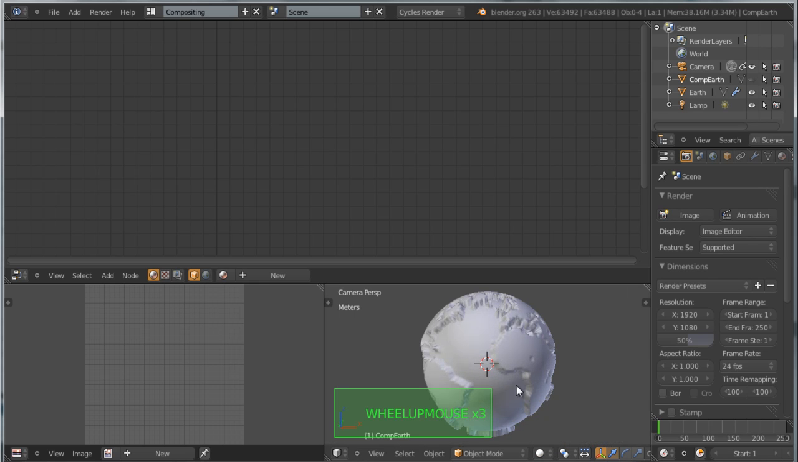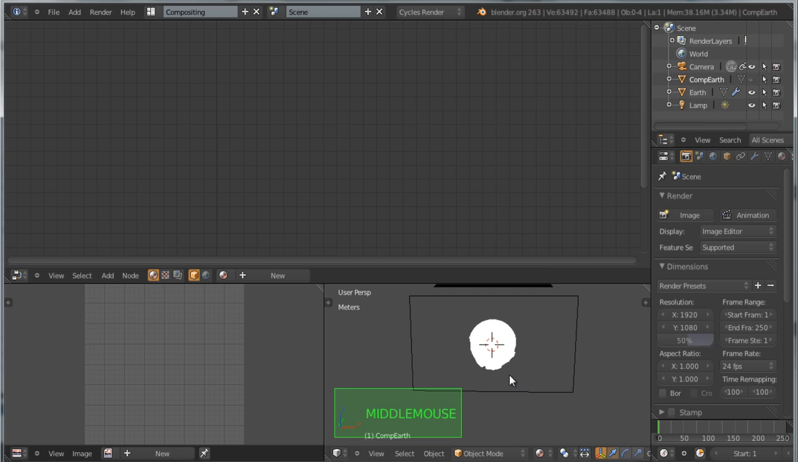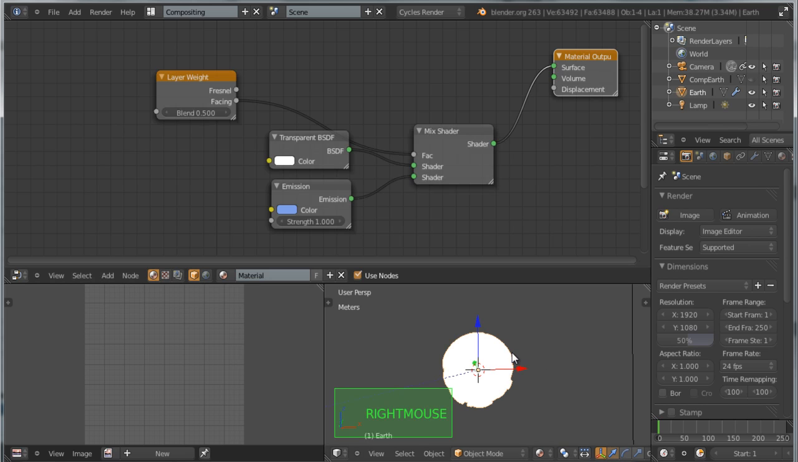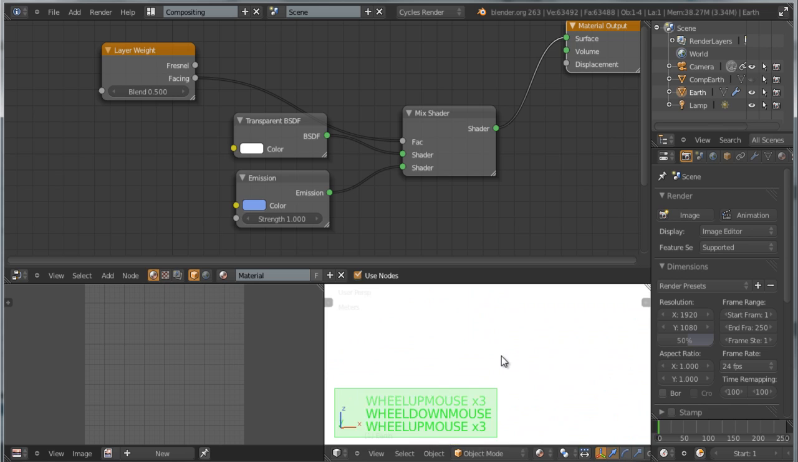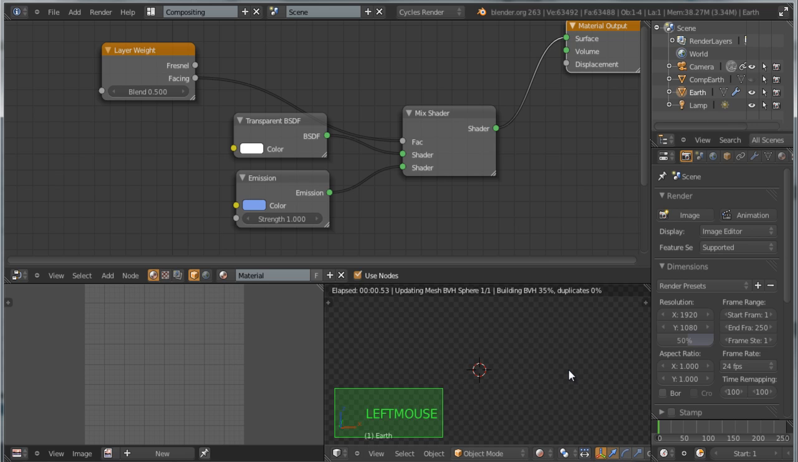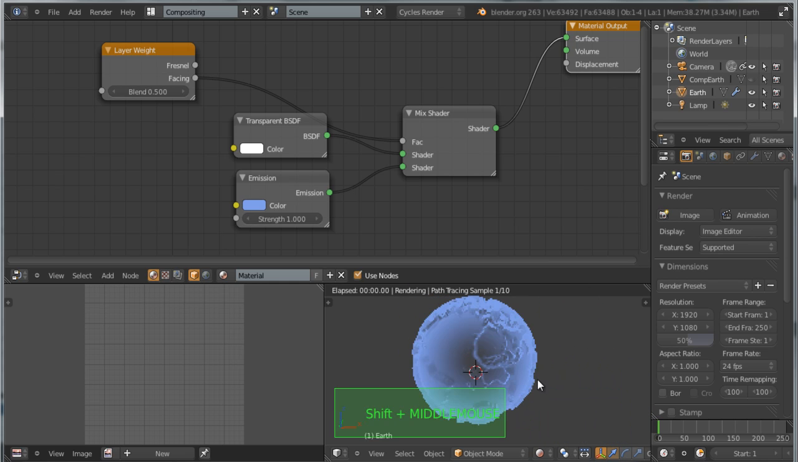So I have only this Earth here. So let's switch over to material, and you can see it still has an emission material, of course. And yeah, this is the one. Alright, so now from the rendered view, we have rendered just the